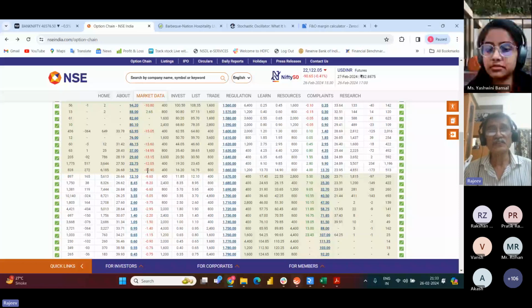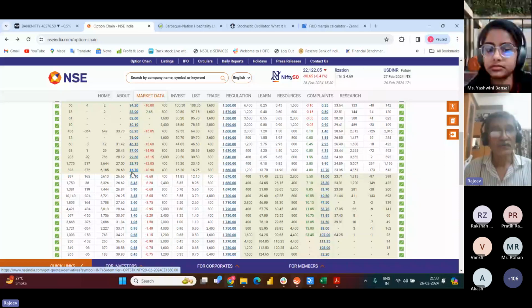Suppose here also the lot size is 400, but again if you are buying it, you're paying 16 rupees for a lot size of 400. So it's only 6,400 rupees roughly. So 6,400 rupees for a call, 1,17,000 for a future, and 6.4 lakh for cash. So that is the difference between trading in cash, in futures, and the options instrument. So you can leverage your position, your money that you have, by entering into derivatives positions differently. So that is the difference between call and